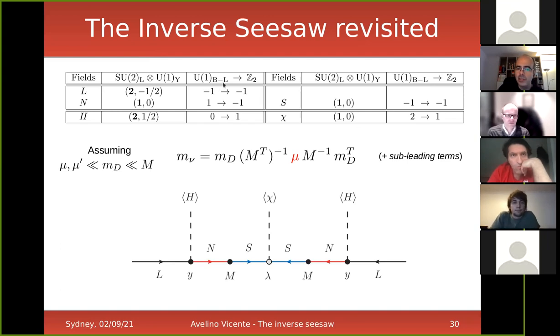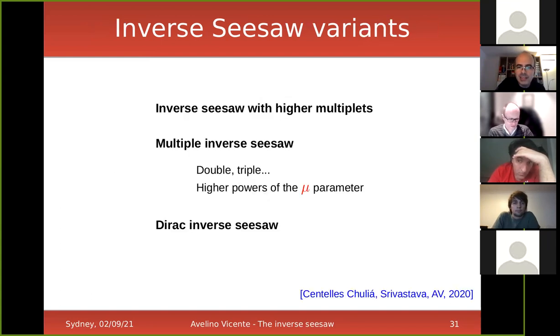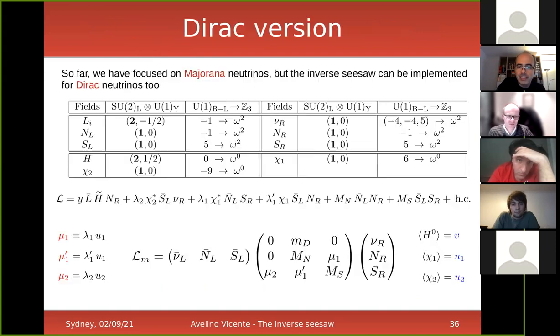When you break B-L in all these models that I have discussed in this section, you end up with some remnant symmetry. In the case of Majorana neutrinos, this is a Z2. You can call it some lepton parity. So leptons are odd, and it's nothing but angular momentum conservation. There is nothing special about it. But for example, in the case of the Dirac seesaw, the symmetry is a Z3. This is actually what forbids the Majorana masses for the neutrinos, and that's why you end up with a Dirac neutrino, not a Majorana neutrino, because a Majorana term would break this Z3.